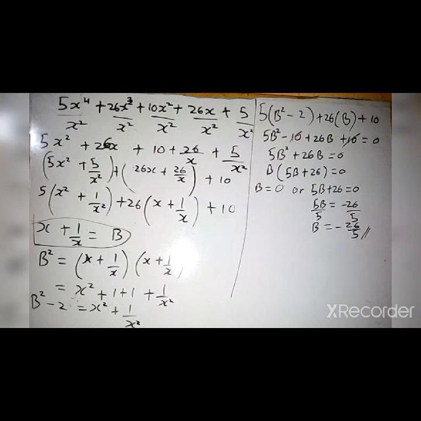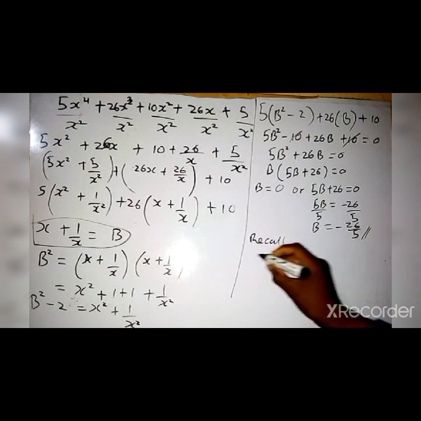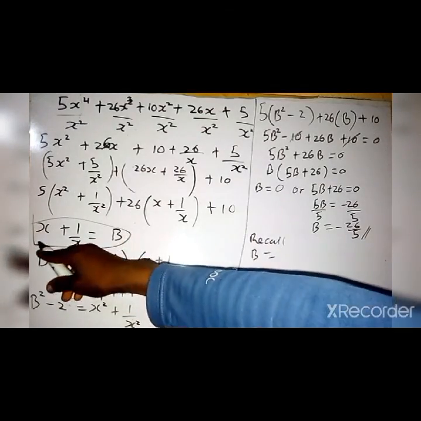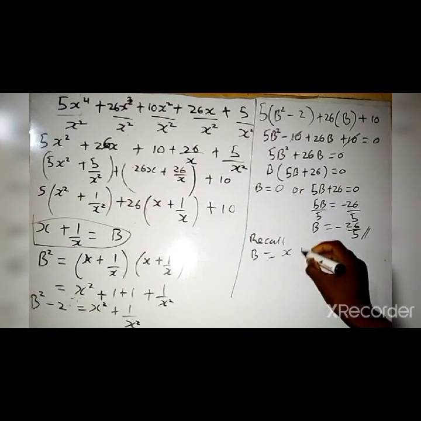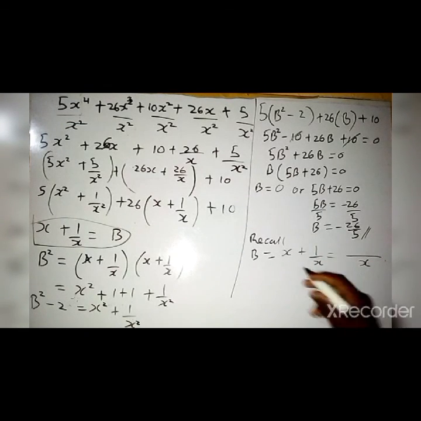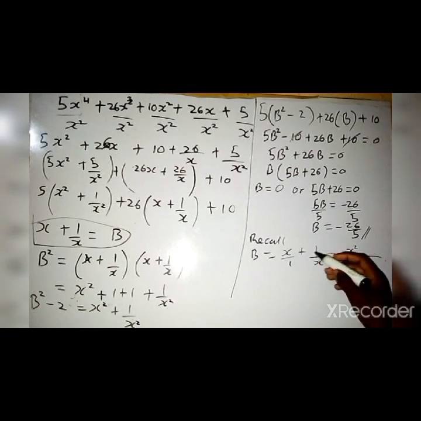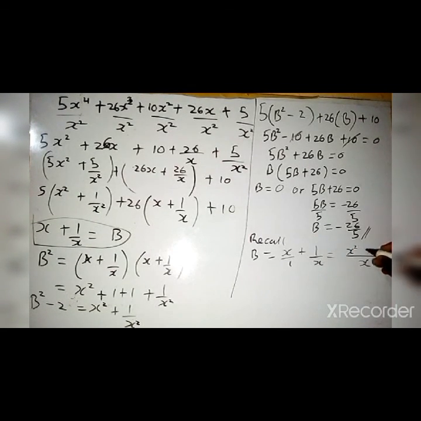So we now recall our b is x plus 1 over x. And this one will give us our LCM as x. We have 1 here. So 1 times x, we have x. x times x, we have x squared. x in x, that's 1. 1 times 1, we have plus 1. So this is our b. Since our b is this, we now say that when